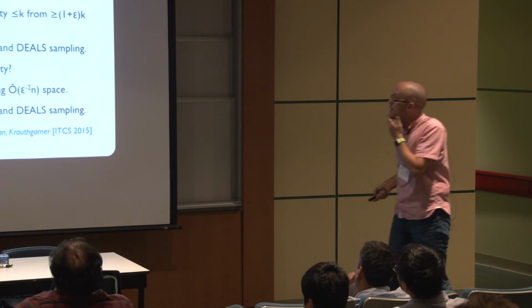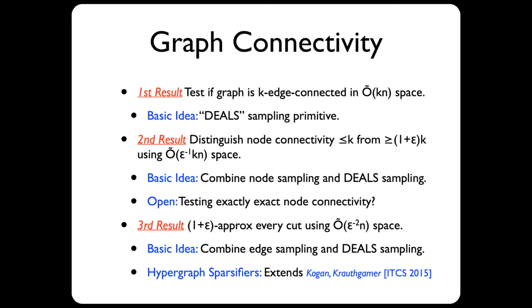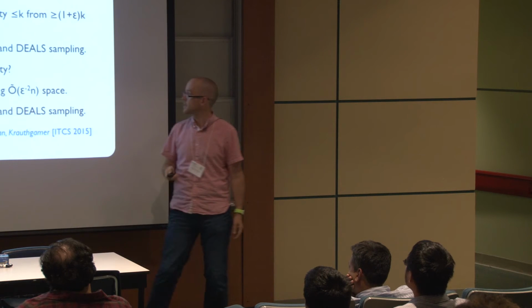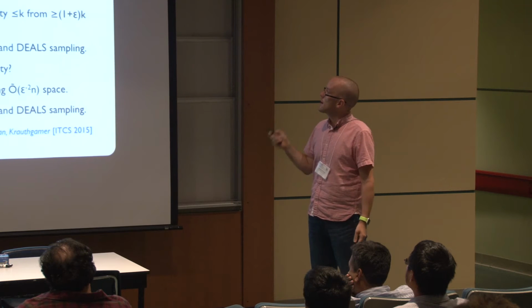And lastly, we can construct combinatorial sparsifiers in a simpler way than was done before, that actually extends to hypergraph sparsifiers. So what this means is that you see your graph insert and delete edges, and at the end of the day, you can 1 plus epsilon approximate every cut in that graph using space that's roughly 1 over epsilon squared n space. OK, so